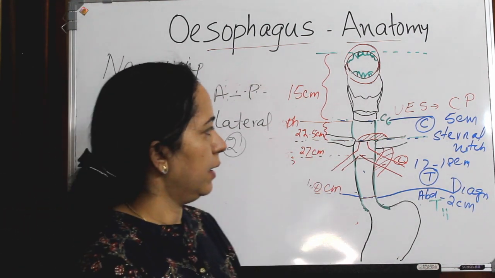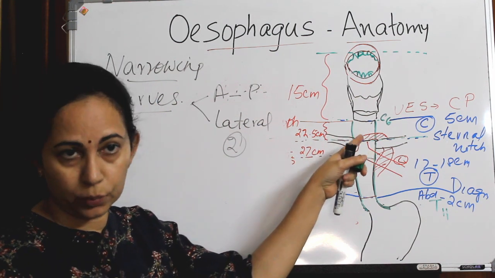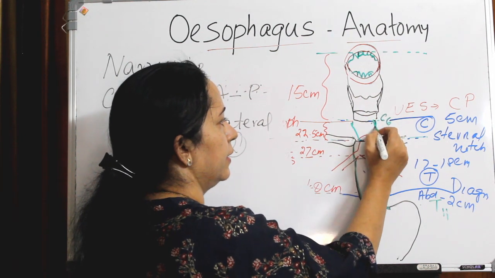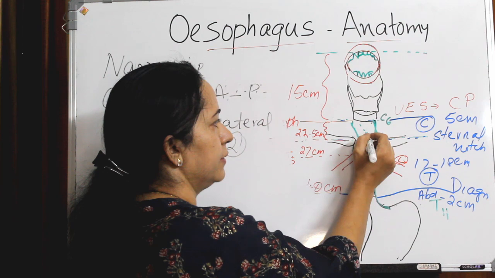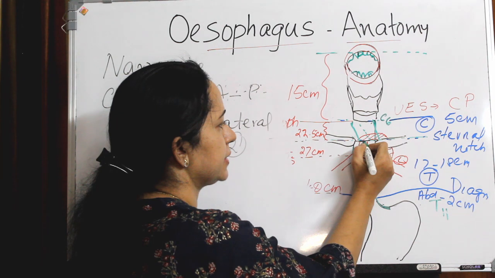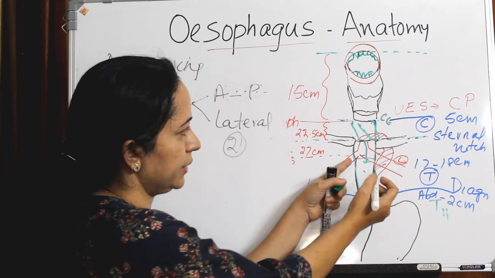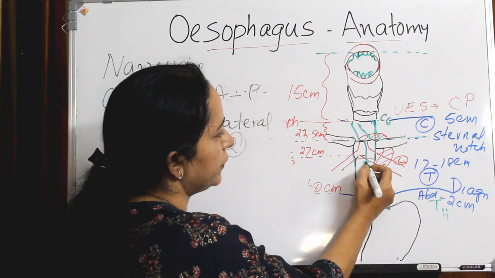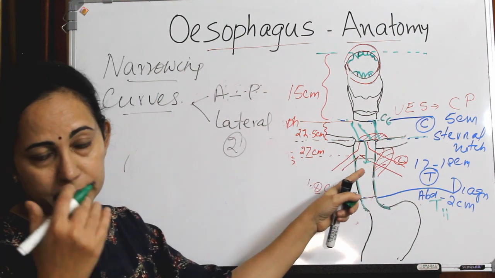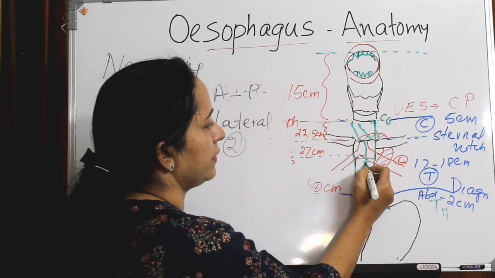That is, in the strict sense, it starts from the lower border of the cricopharynx and is indented slightly towards the left side till it reaches the thoracic inlet. And in the thoracic inlet, it comes to the midline. Here it is slightly towards the left side, then it comes to the midline. And after passing to T7, after it is crossed by the left main bronchus, at T7, again